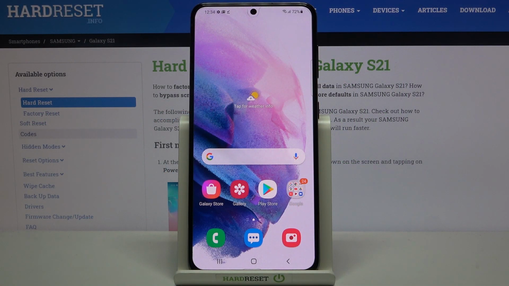Hi everyone, here we've got Samsung Galaxy S21 and let me share with you how to update apps on this device. So firstly, make sure that you've got the internet connection, and the best option is to connect using the